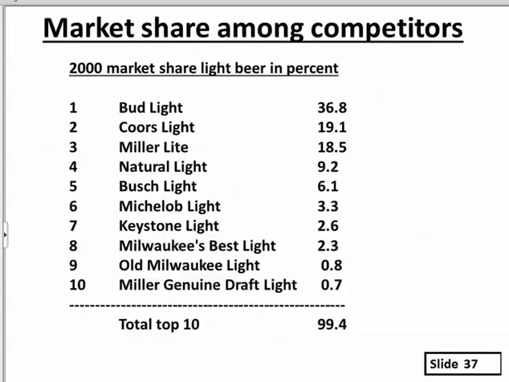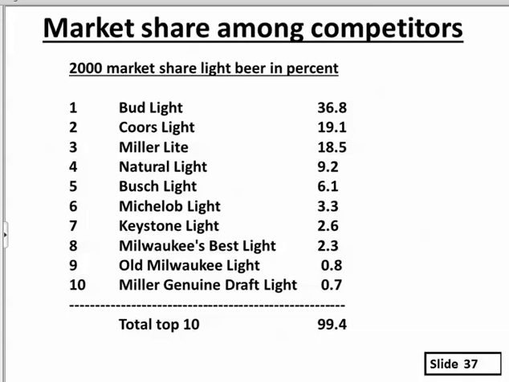Now, one of the things that we talk about is how the market gets spread out. Some of you may have had me for the microeconomics course, where we talk about market share and oligopolies. That's where this slide comes from, if you recognize it. And if not, if you end up taking that course later, you may see that slide again. But all it's doing is spreading out how much of the marketplace, in this case for light beers, each brewery or each brand of beer has.